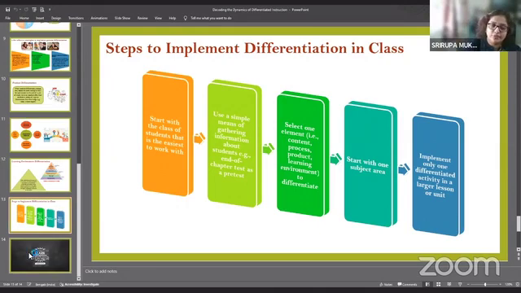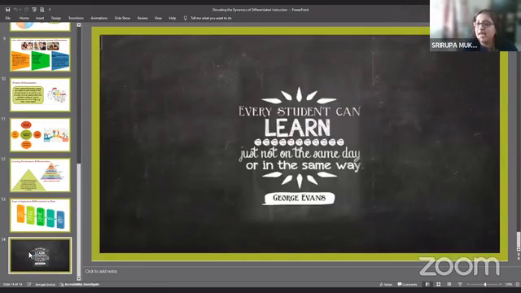So I would finish my presentation with that. I hope this has been helpful, and I think this is one quote that I came across somewhere, and I think this is something very, very true.